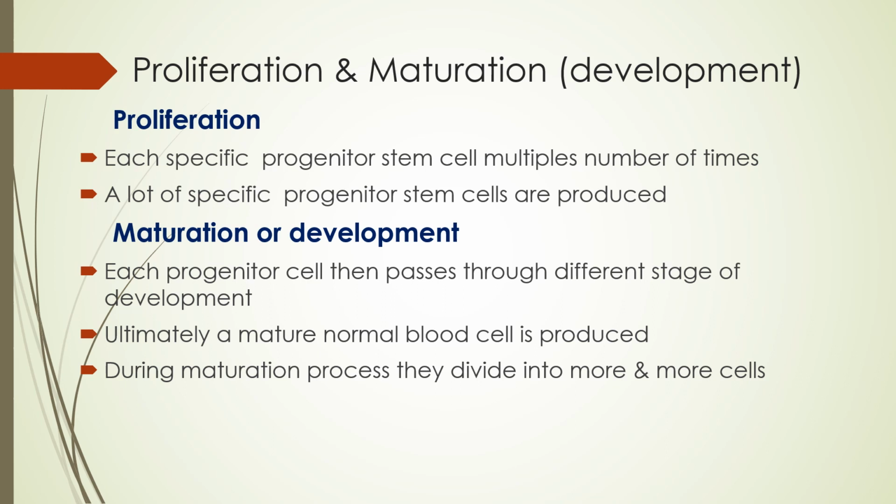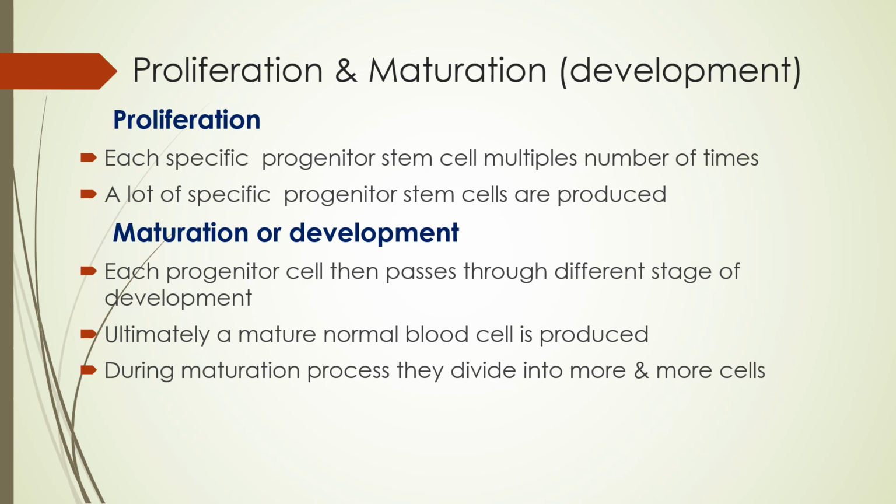The same thing is happening with the red blood cells, the same thing is happening with the eosinophils, and the same thing is happening with the basophils. So this is proliferation. Maturation is when the cell goes from the immature stage, for example from the myeloblast to the neutrophil, passing through a number of steps which we have already discussed, and this is called the maturation or development process. In leukemia, the problem can occur anywhere, especially in the pathway of proliferation or in the maturation or development of the blood cells. So these two terms are very important to understand before proceeding to the topic of leukemia.